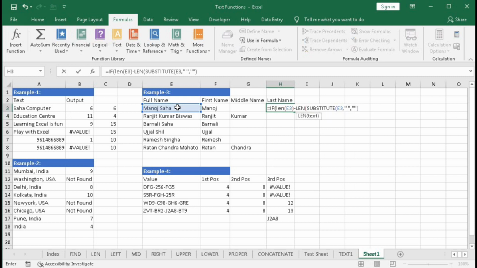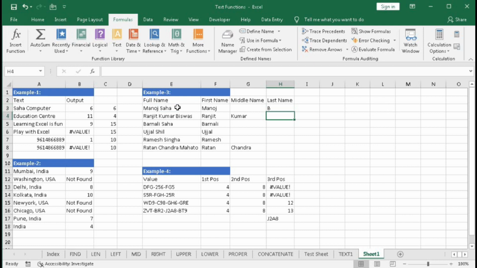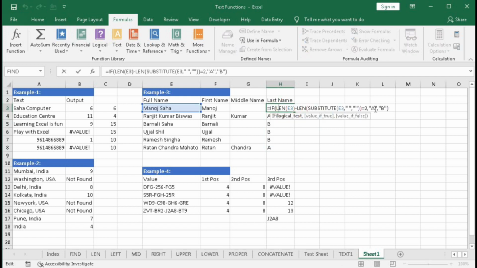Then bracket close for length, equal to 2, then A, otherwise B, bracket close, enter. So we got B here, and if I drag down the formula, we can see A here. So in this way, we now have to replace this A and B with formulas.